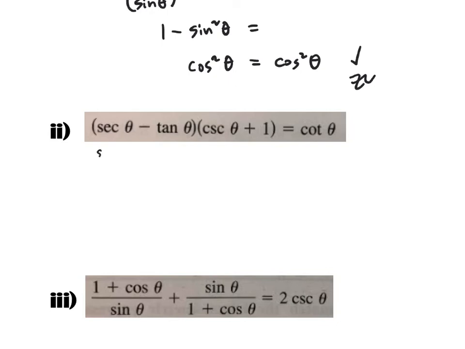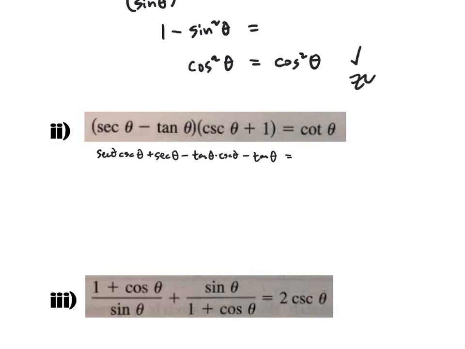That would be secant theta times cosecant theta plus secant theta times 1 minus tangent theta times cosecant theta minus tangent theta. Now this looks like a total mess, but we're going to clean a lot of stuff up here real quick. What am I seeing here? Let's see if we can